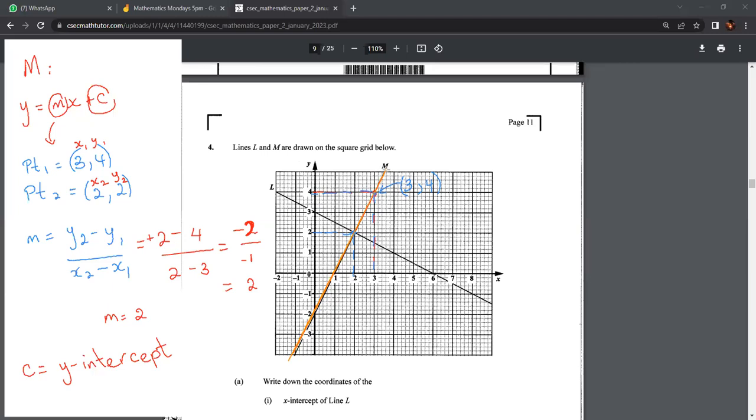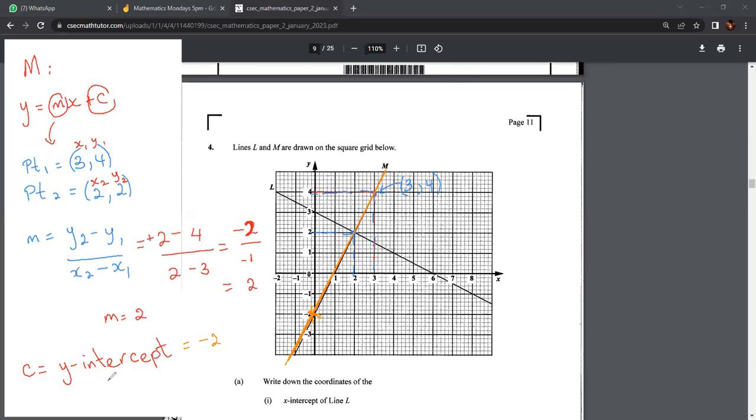Right, so this is line M. You have to look and see where line M cuts the y-axis. It cuts the y-axis here at -2. So that's -2. And then in order to write the equation, all you have to do is just put it